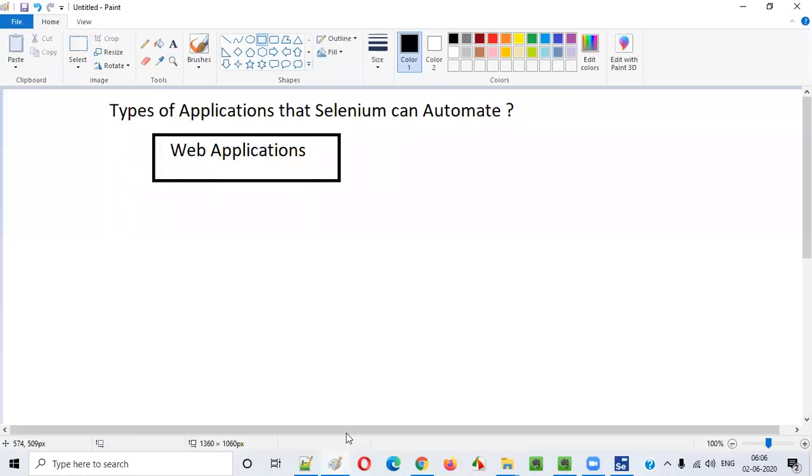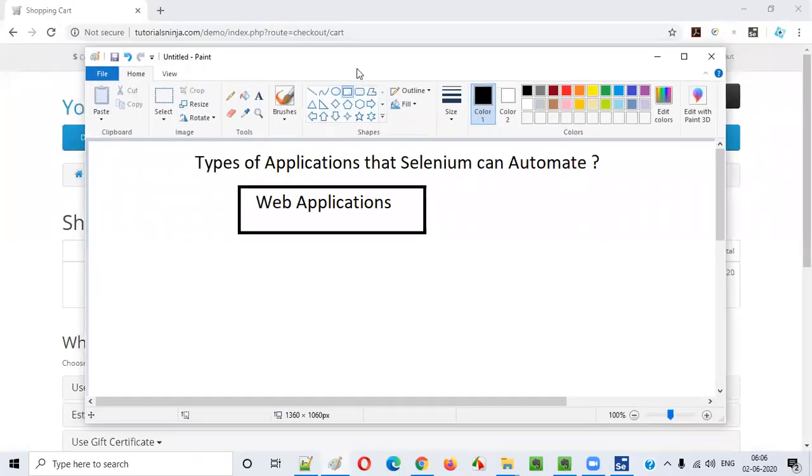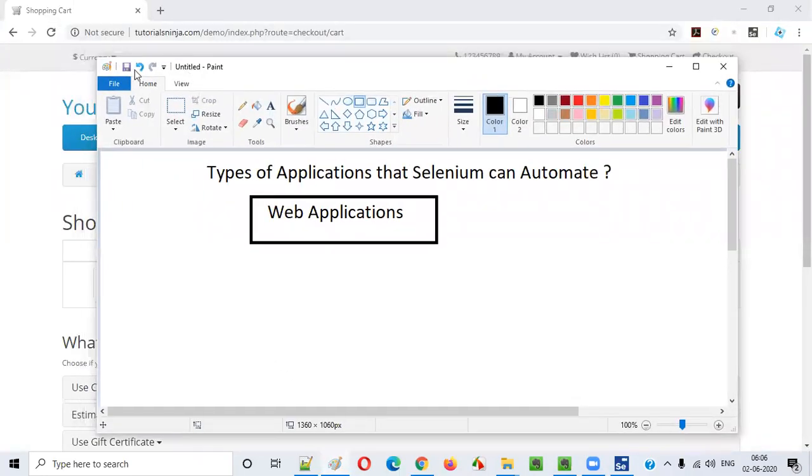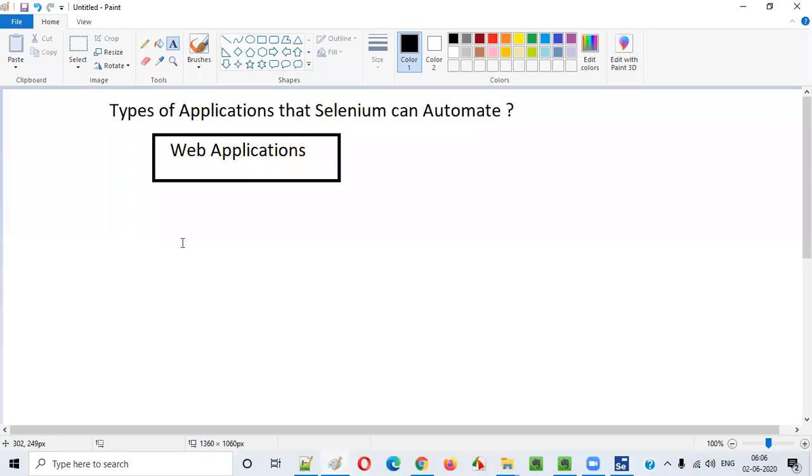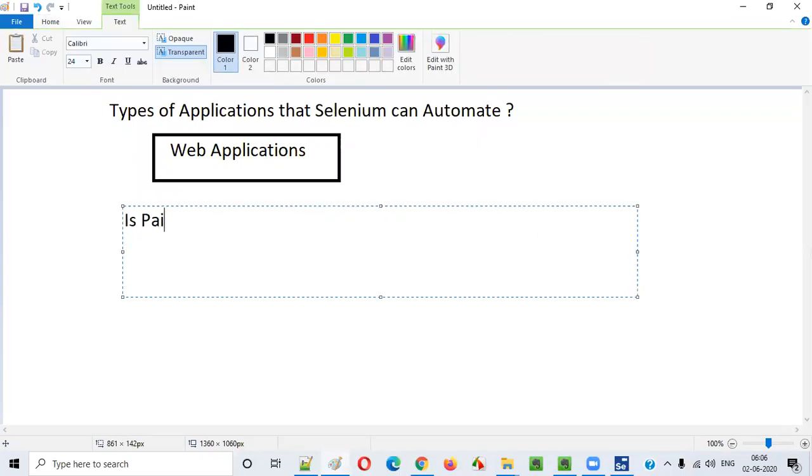Now, here I have this paint application, right? Whatever I am trying to demonstrate here, this is a paint window, and in the paint I'm just typing all the stuff. Is this paint application a web application? Can anyone answer?